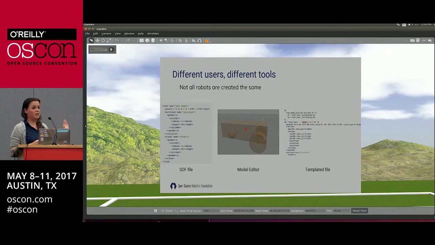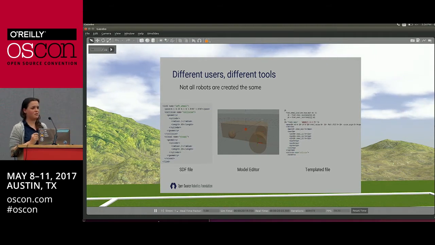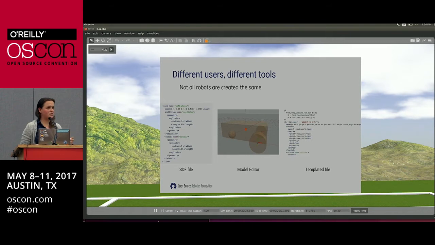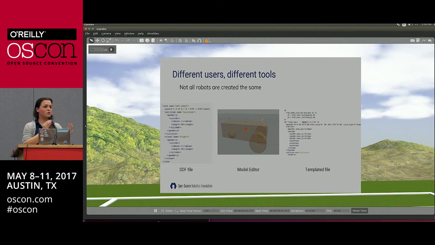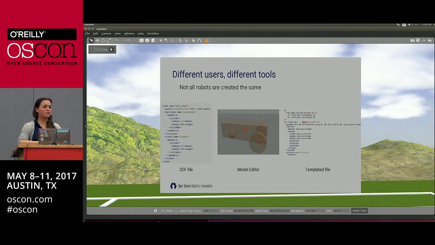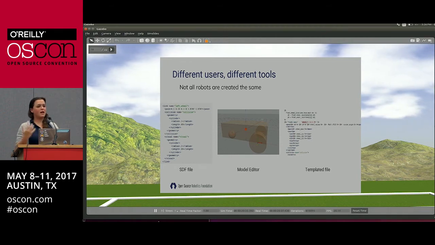Gazebo 6. Currently we are on Gazebo 8. I'm running Gazebo 8 here. The latest LTS is 7, but I'm running 8, and Gazebo 9 is coming in January. But anyway, this was the standard way of making a model, and this is already a barrier for a lot of people who are not used to editing text files